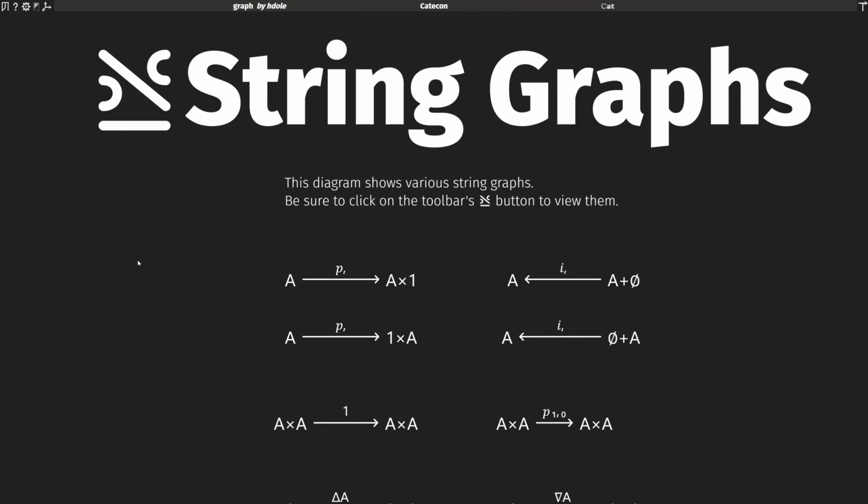In this video, we show various string graphs in Catecon. In particular, the origin of the icon for string graphs is given. Let's get morphing. String graphs, or sometimes referred to as Kelly-McLean graphs, see nLab, are used for coherence in closed